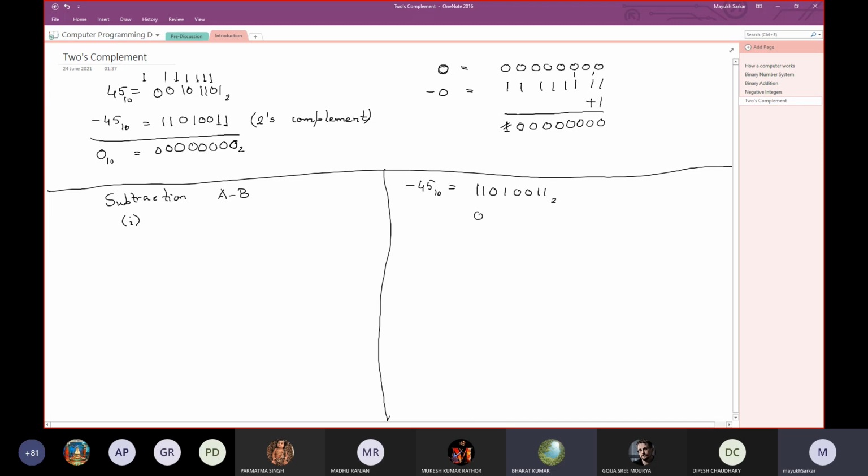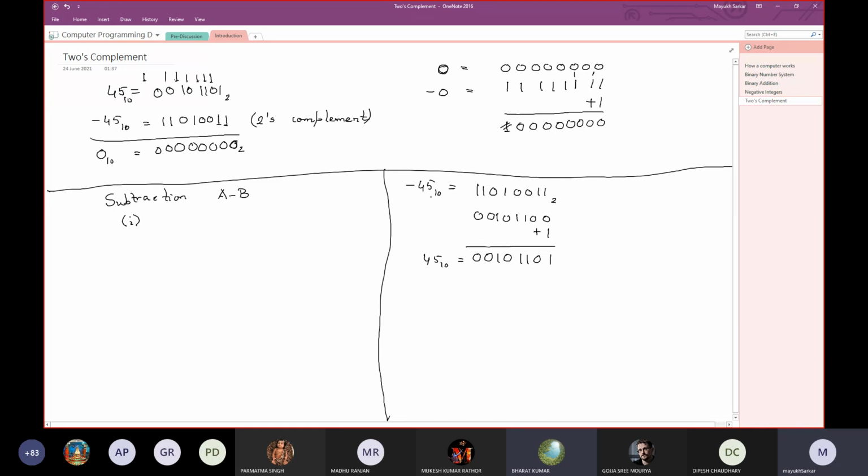So I'll do the 1's complement. 00101100, and then I'll add 1 to it. Right? That's 2's complement. And what we achieve is 00101101. That is 45. So it is completely uniform. It doesn't matter what number you have, what bit pattern you have, just take 2's complement, you will get the negative of that number.